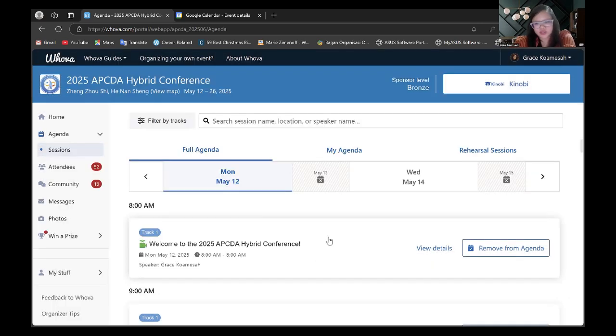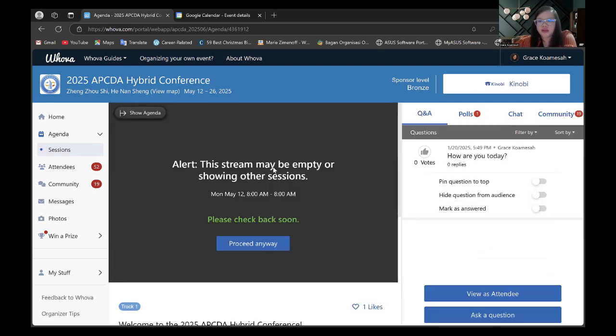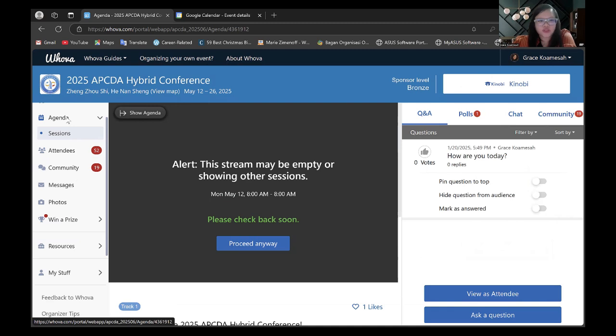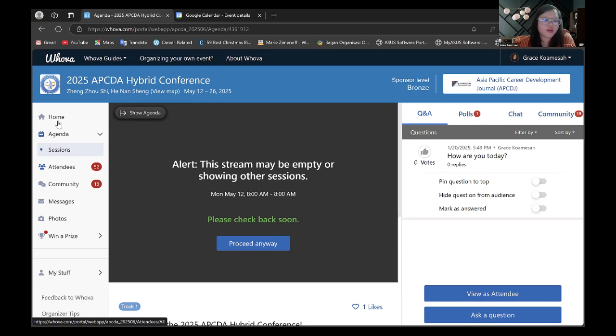Now to join the session, all you need to do is click on this specific title, or you can also click on View Details. And this is what you will see when you join a session. Now, if you notice, the left bar of the screen has not changed. It still contains the features we have in Whova. But be mindful that if you accidentally click on any of these menus, you will be quitting the current session